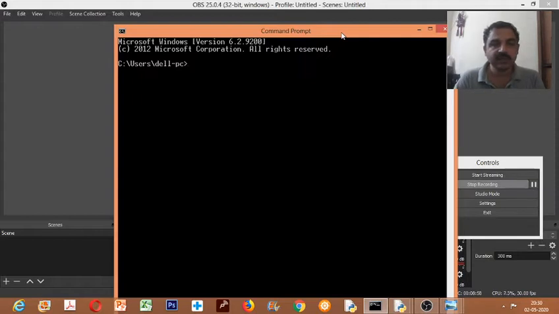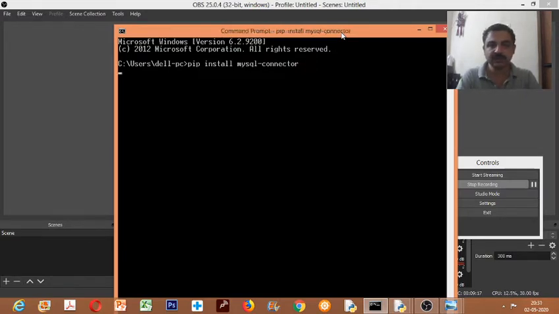We have written pip install. The same thing needs to be done in the command prompt. You go to the command prompt and type pip install mysql python connector.